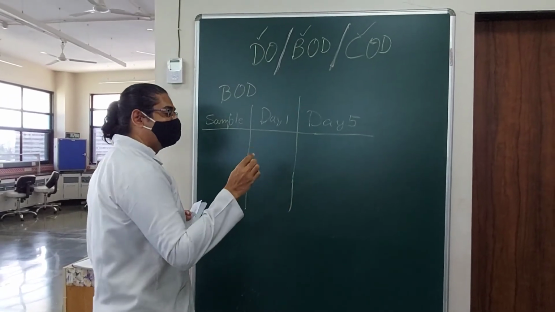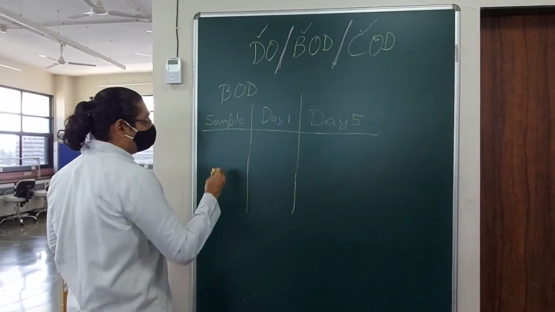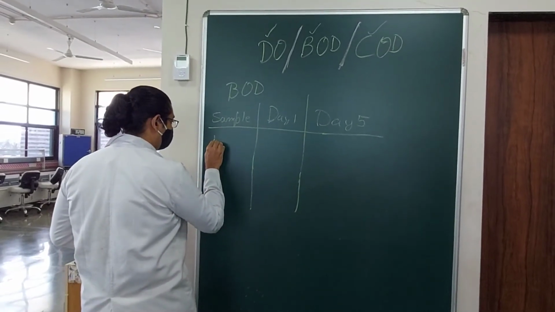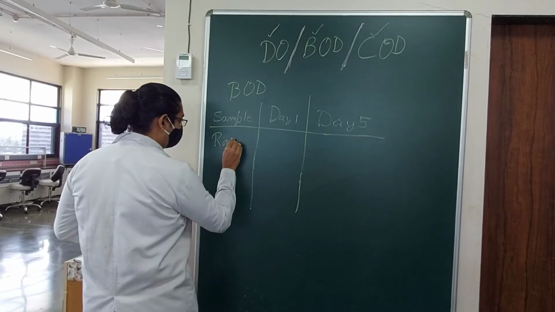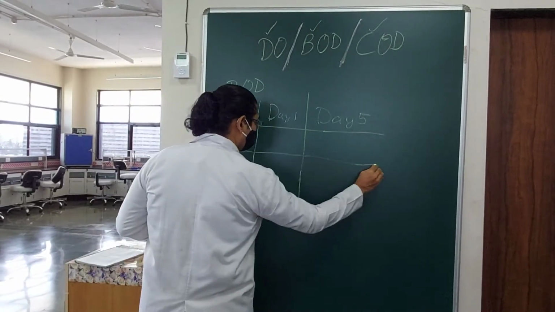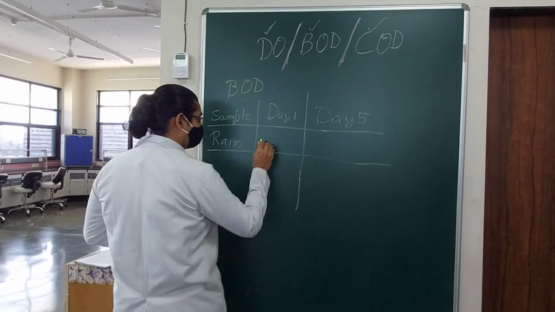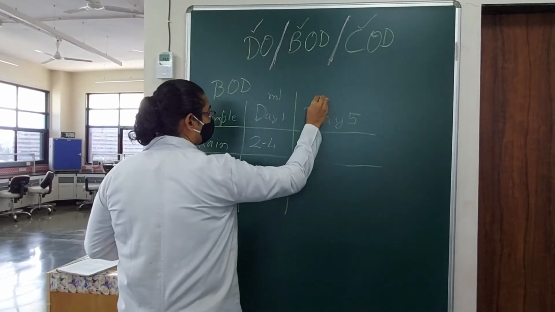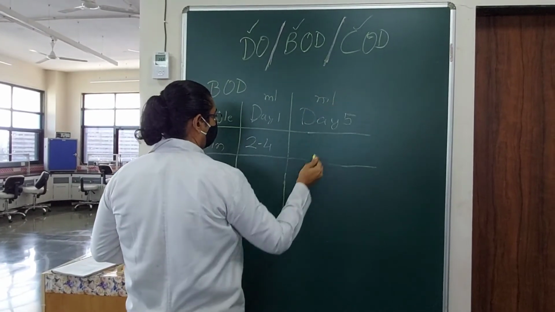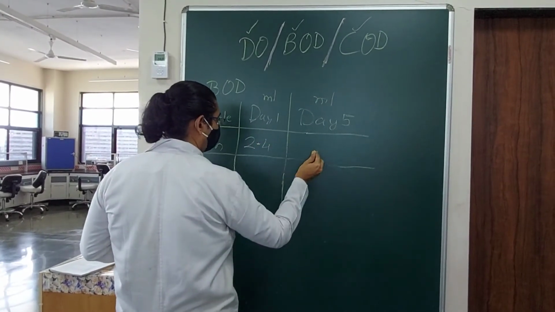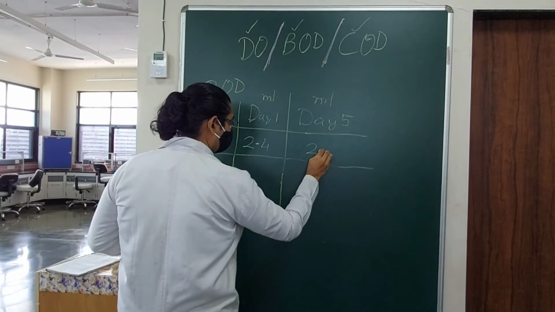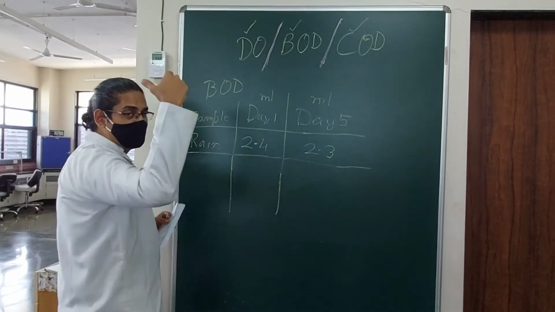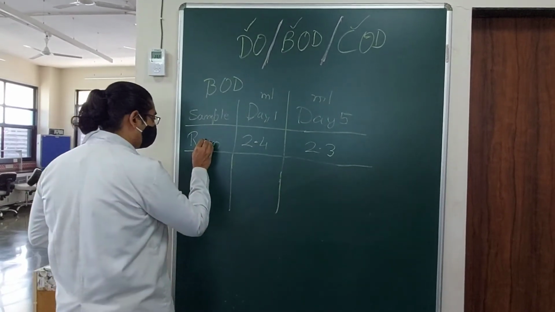First is rainwater, what we captured outside during the heavy rains we had last week. So I'm calling it rain. What's the day 1 value? 2.4. Of course, they all are in milliliters. And day 5 is 2.3. That's what you would expect, not much of a difference. You don't expect bacteria to shower from the heavens on you.